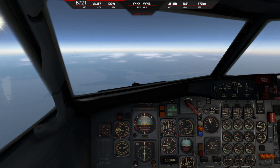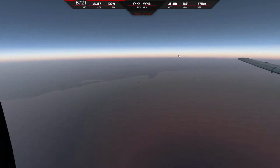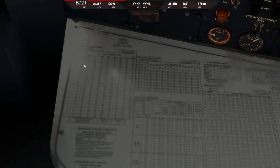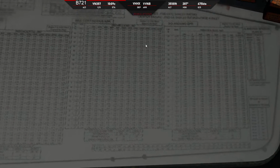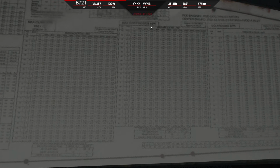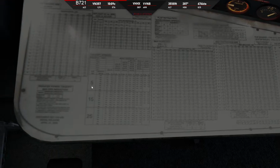In my notes for this aircraft, I have a table of cruise settings from summer. Captain Faulty, that's what I need, something that I can just put here and have a cruise setting. Oops, wrong view. Maybe they're on the table here, but I can't read them. This is flap retraction, this is where they would be. The Felis 747-200 has the same thing, though, with this table, and you can actually read the numbers. I don't think this is something you could read even if you turn your graphics way up. I think it's just what they have there. Here I could see max continuous something RPM, but I can't read any of the digits. Max climb, so this is where it is. Takeoff speeds, I could read that, but